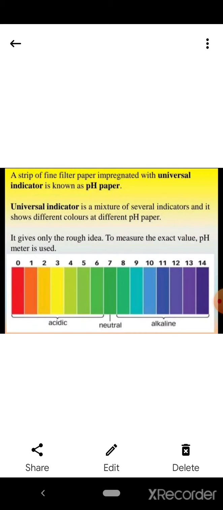In order to recognize acidic, alkaline or basic nature, we are using the pH scale. The pH scale is a scale for measuring hydrogen ion concentration in a solution. On the pH scale, we can measure pH generally from 0 to 14. Now see, pH should be thought of simply as a number which indicates the acidic or basic nature of a solution. The higher the hydronium ion, that is H3O+ ion, concentration, the lower is the pH value.